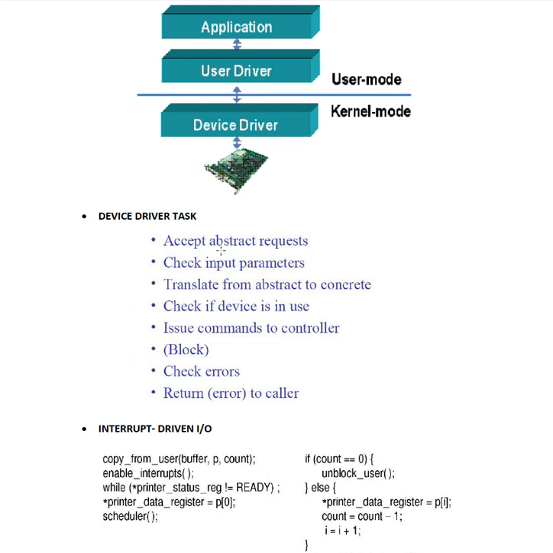That means whatever input device is going to attach to the computer, whether it is compatible with the CPU hardware. Check if the device is in use and if it is in an active state, issue a command to the controller. Automatically it will give a command to the controller, then block that controller and verify whether there is any error, and if there is any error, it will instruct